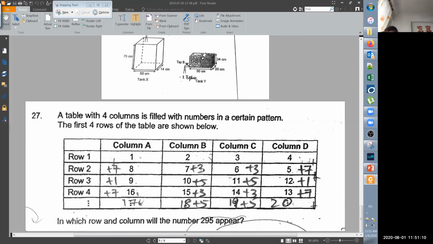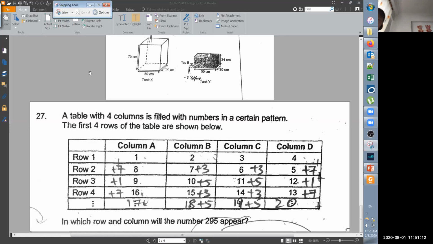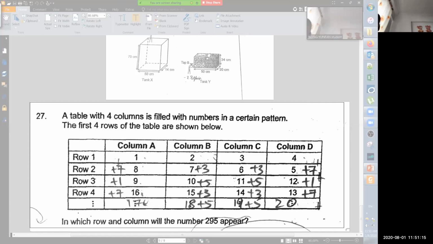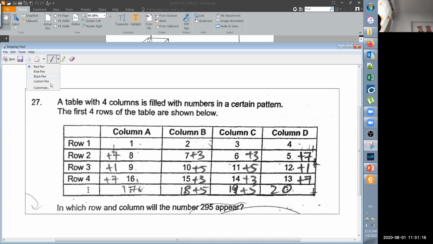你可以忽略这里它的 handwriting. Ignore all this, because it doesn't help you. Okay, the question says 295. So which cell 它会在哪一个地方出现？